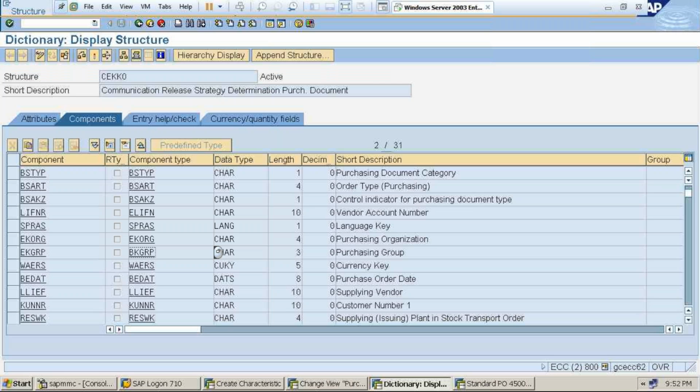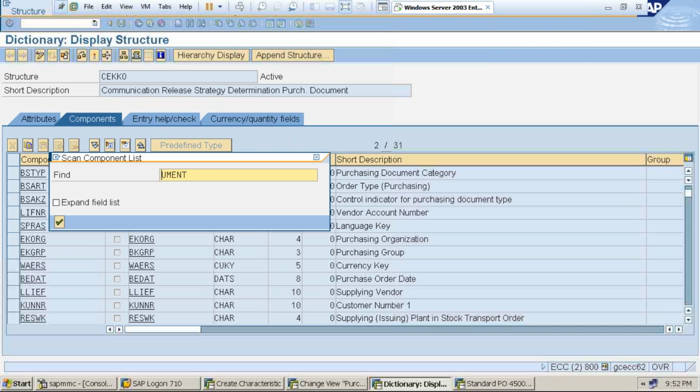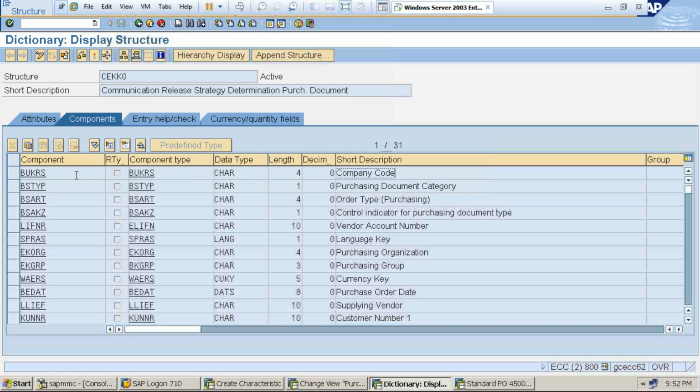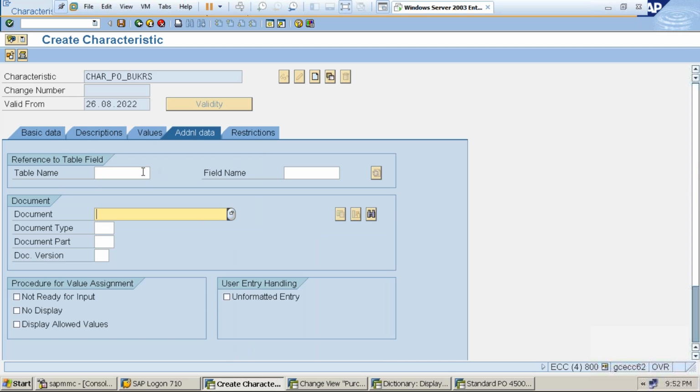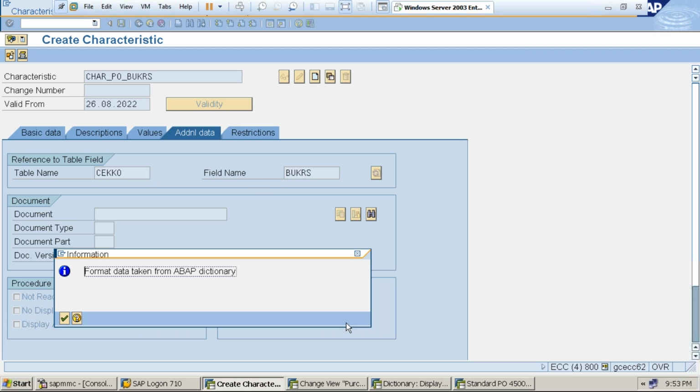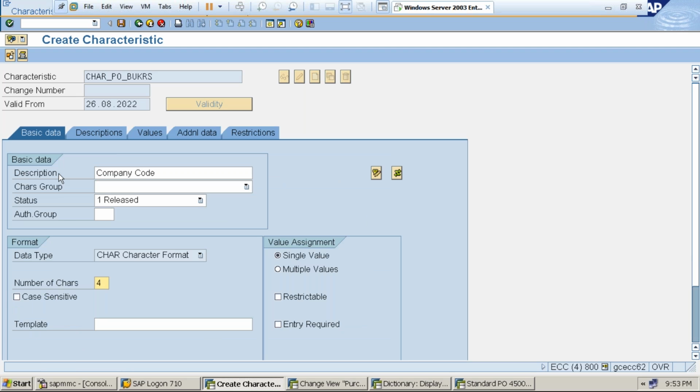Okay, so here see company code, right? So here you just go here, control F, just type here company code. So BUKRS, right? So I'm creating a characteristic for company code, that is BUKRS. Okay, and go to additional data, and again communication structure for all external purchasing documents including PO is CEKKO, right? And what is this field name? BUKRS, right? BUKRS company code. Yeah, so take here multiple values and go to values tab,